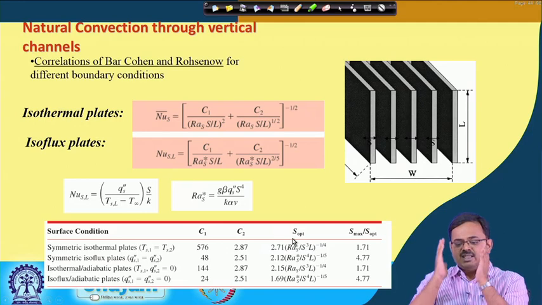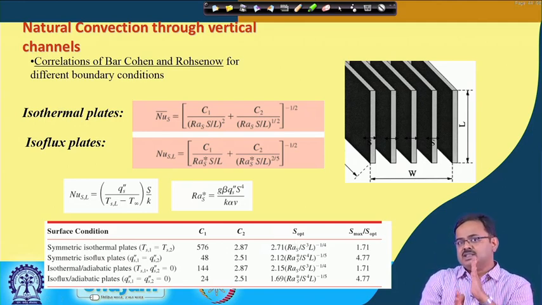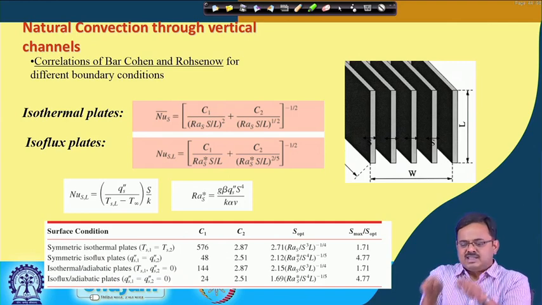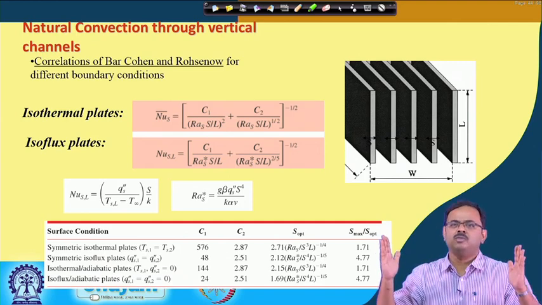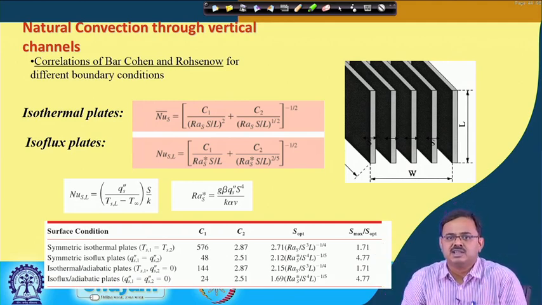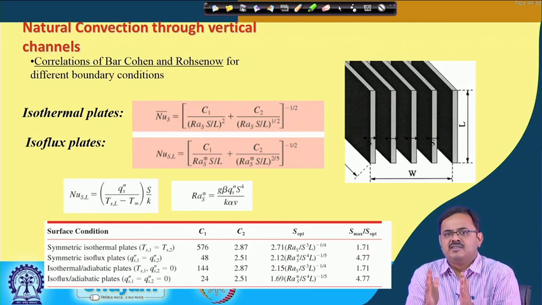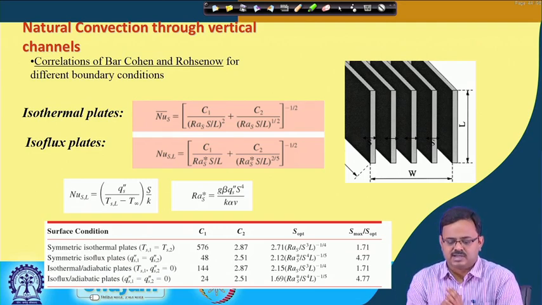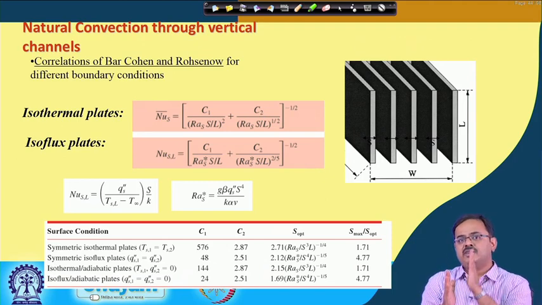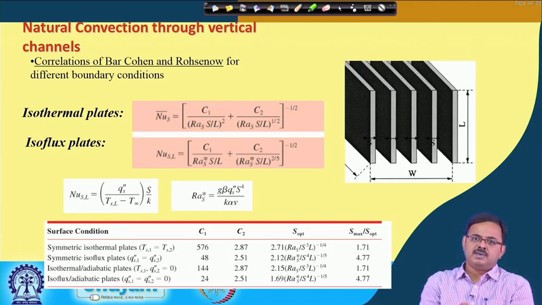So, understand. S max is the maximum heat transfer from one heated surface, and that happens when the two adjacent surfaces are so far apart that the boundary layers do not intersect at all. It is just at that point when they do not intersect, they are just probably touching at the top end, that is it. Beyond that, if you move them apart, it does not matter, the heat transfer per surface does not change, because right at that S max itself or higher, one surface does not know that the other is present. But if you bring them closer, heat transfer per surface goes down, but the number of surfaces goes up for a given width,